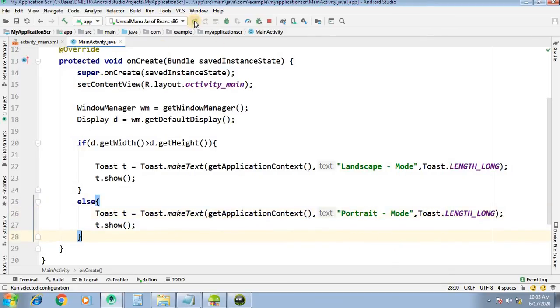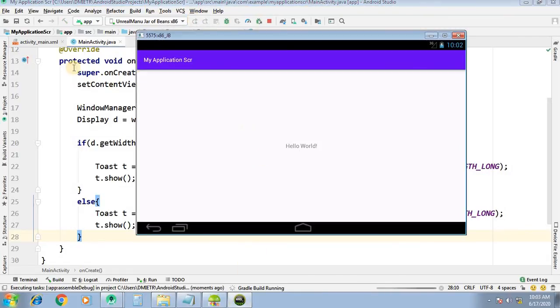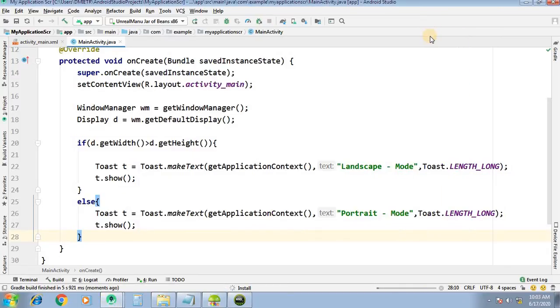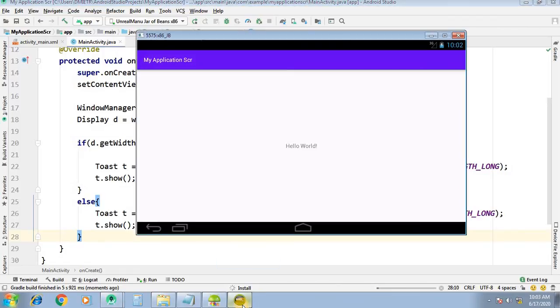So this is what about the landscape mode and the portrait mode in Android. When the width of the display is greater than the height, then you can say that your device is in landscape mode. If you rotate your device, then you can see the results.